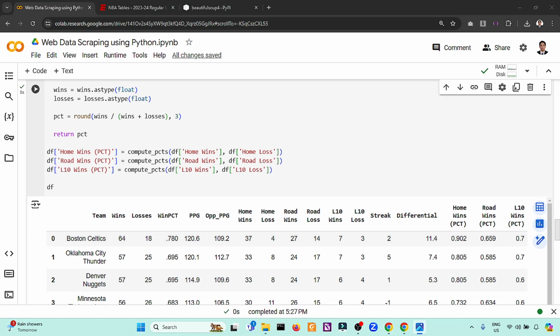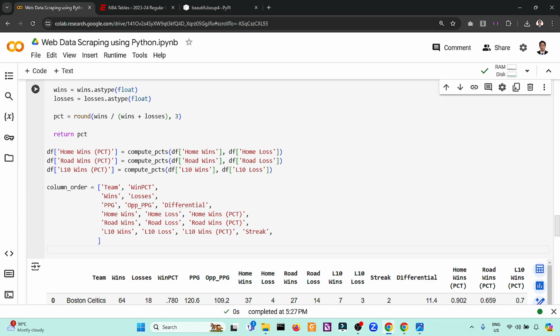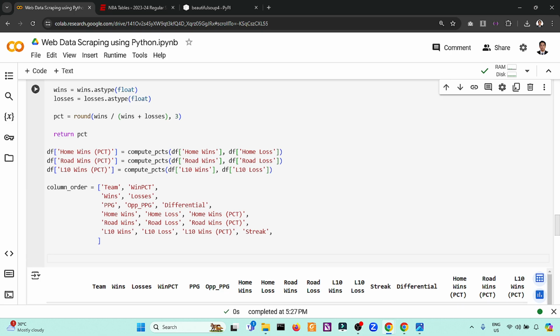Okay. So the next step is maybe we change the column order for this one. So let's see, column order. We will just rearrange the specific data frame. So in the interest of time, I have already done that. So the column order, the new arrangement will be this.